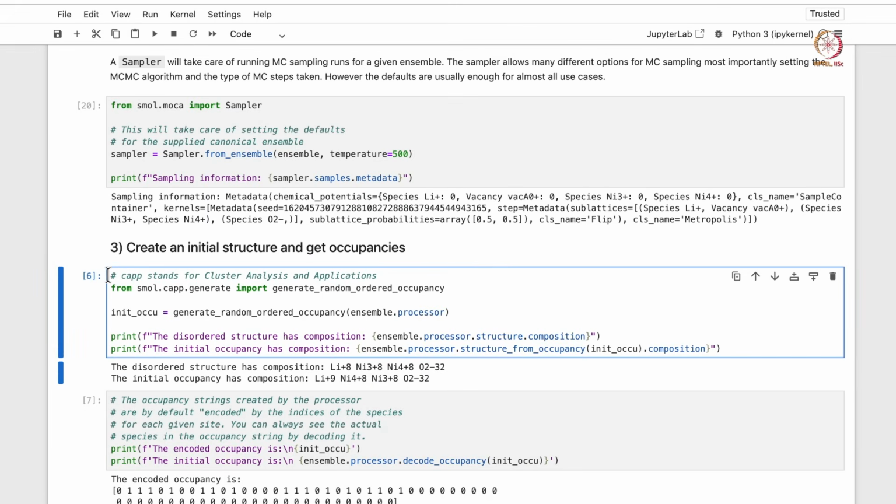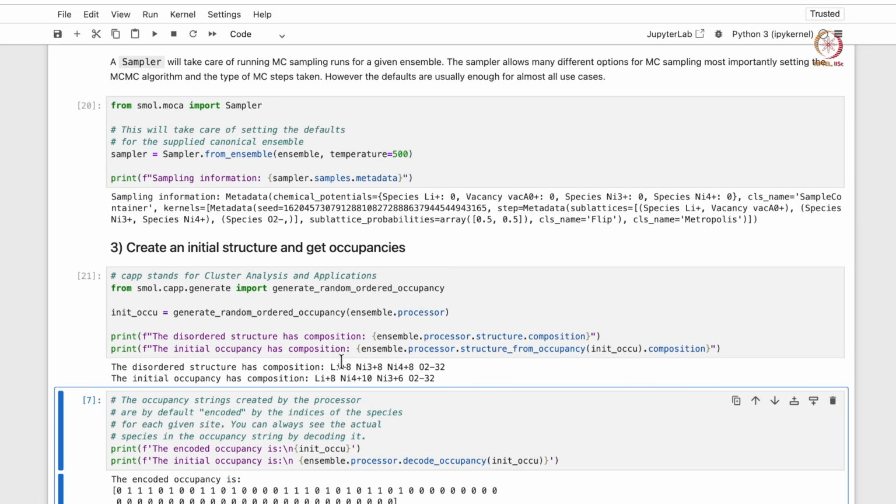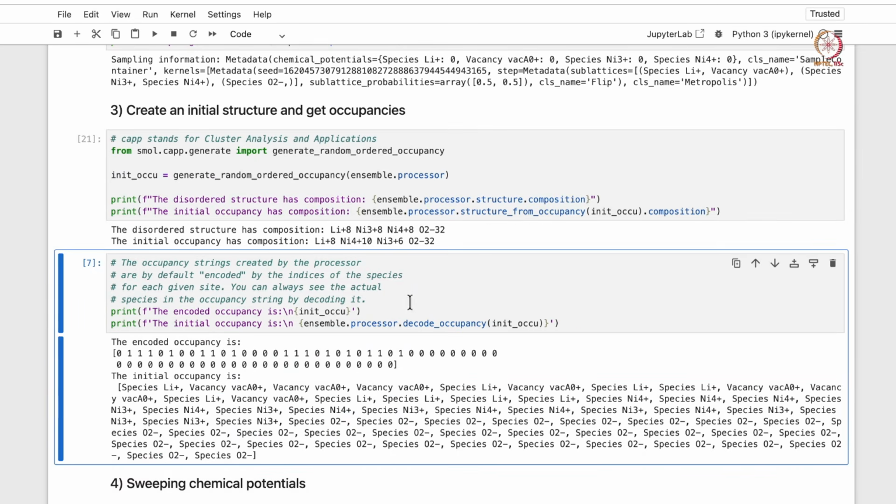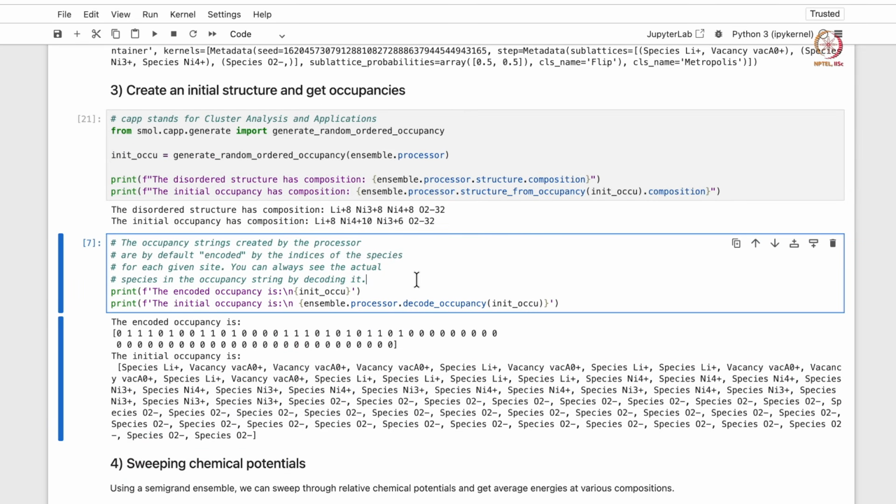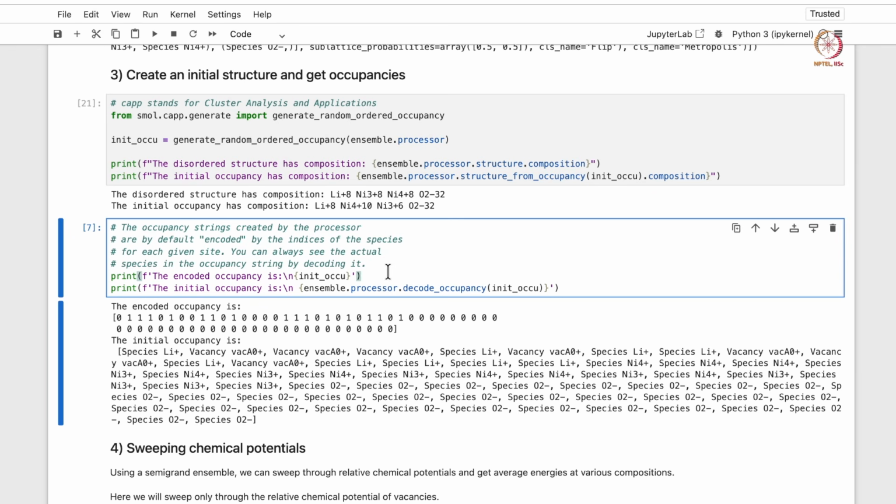Then you either accept or reject that configuration based on some criteria. So in this cell we are creating that initial structure. This is a totally random structure. Let us execute this cell also. You can also print the encoded occupancy of this initial structure.